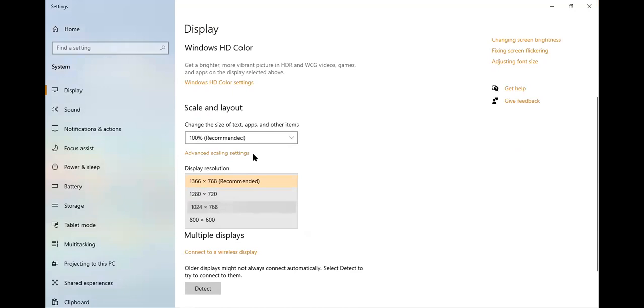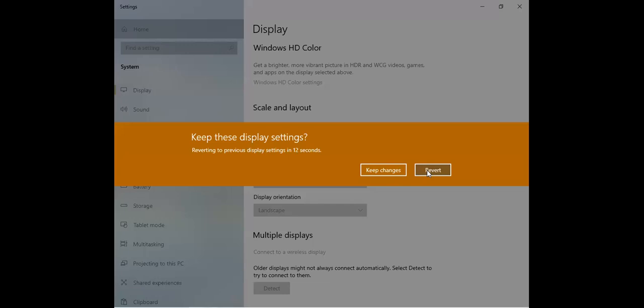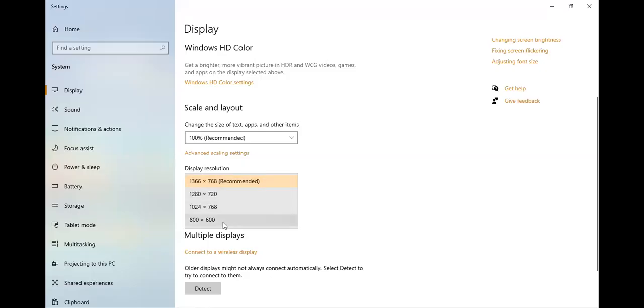Mostly we have to use the recommended one, so don't revert it. If you click keep changes, your screen resolution will be changed and the screen will be small. If you reduce the resolution, your screen size will be reduced. So always use the recommended 1366 by 768 resolution.